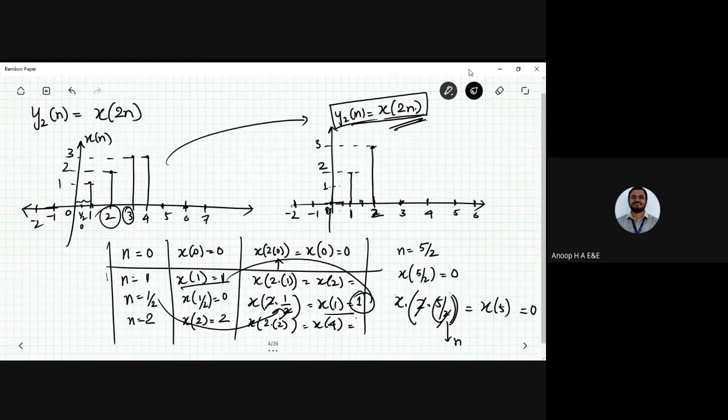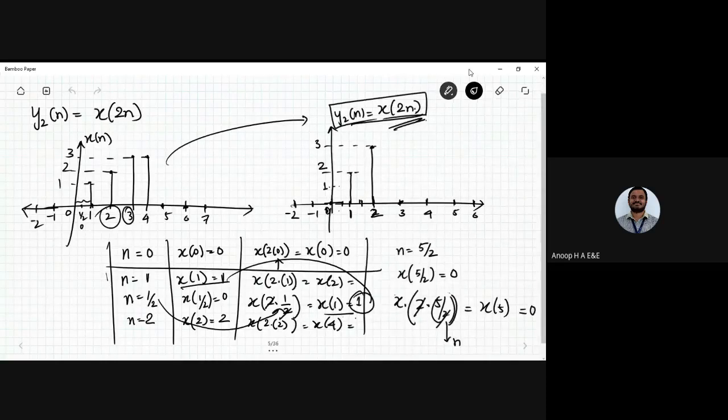So carefully discretize your signal, because if signal 1 by 2 is not present here, there is no way that you can take it. Just for your reference, what I have showed here, when n equals 1 by 2, you can get the signal there. Okay, yes.